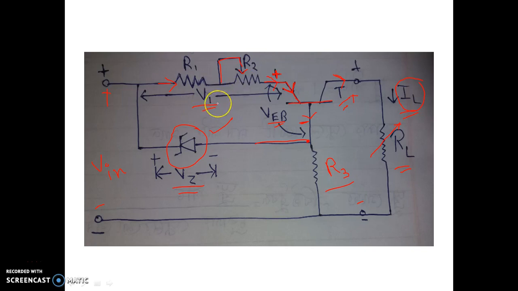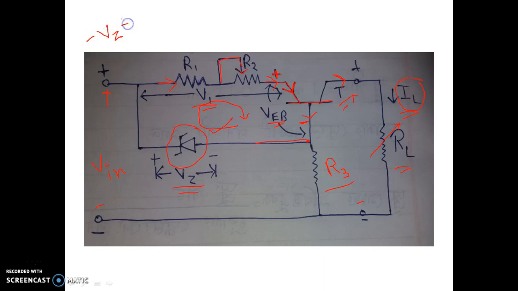Here V1 is equal to (R1 plus R2) into IE, where IE is the emitter current passing through the transistor T. If the emitter current increases, V1 will increase, and if you apply KVL in this loop, you will get